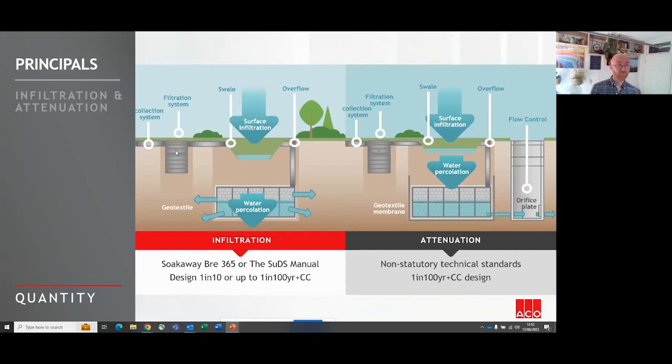Now for attenuation, this is where you have such a poor infiltration rate that you want to make sure that you attenuate the water and then release it at a rate that the natural environment can handle, or the combined system, or whatever network you're attaching to. So the idea is you collect the water, you should really clean it, and then it will go into a geocellular storage tank or into some surface-based SuDS environment and then be carried forward into